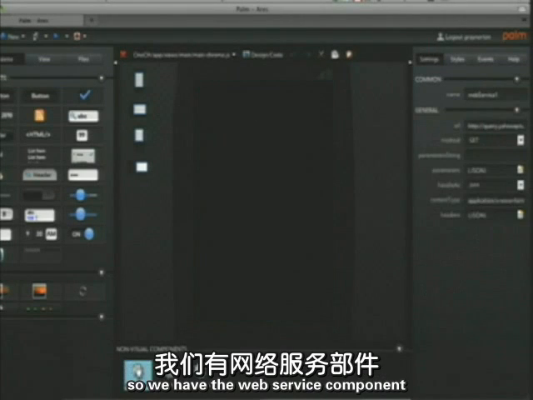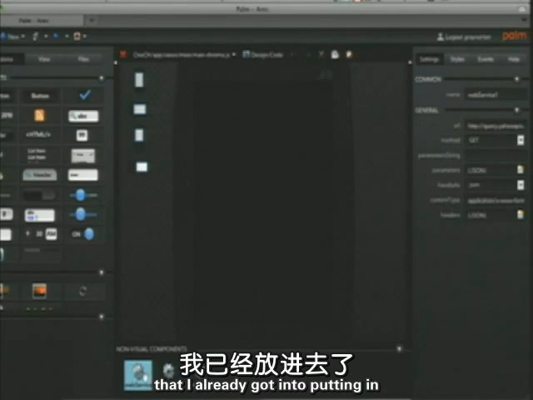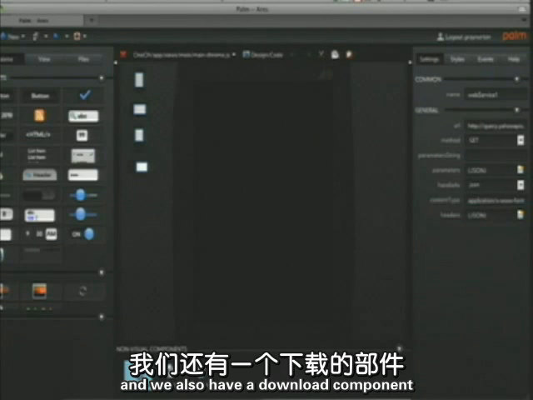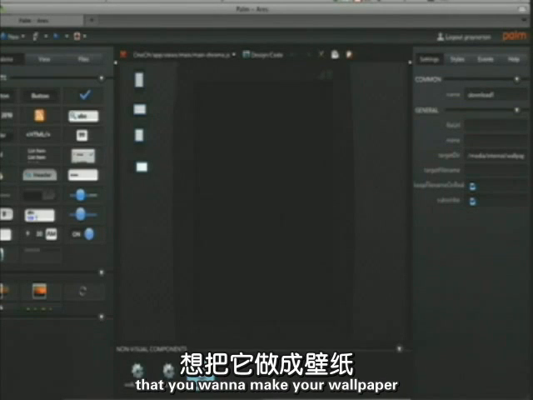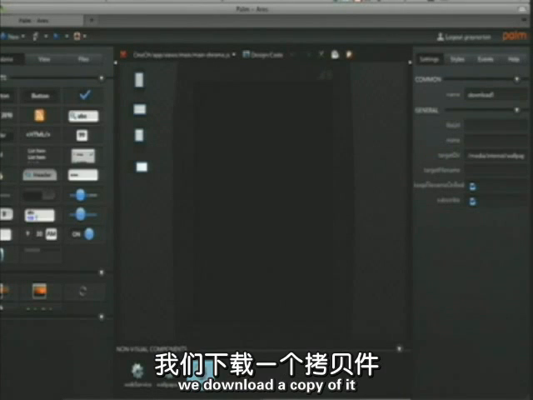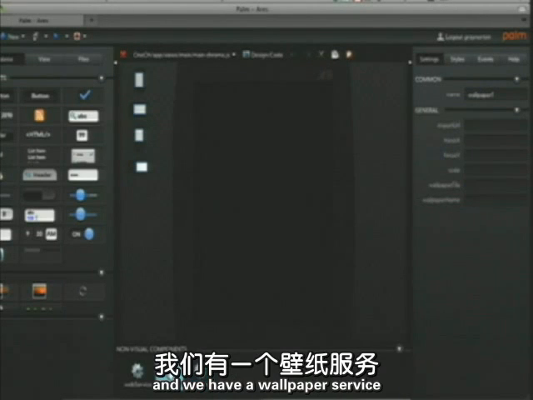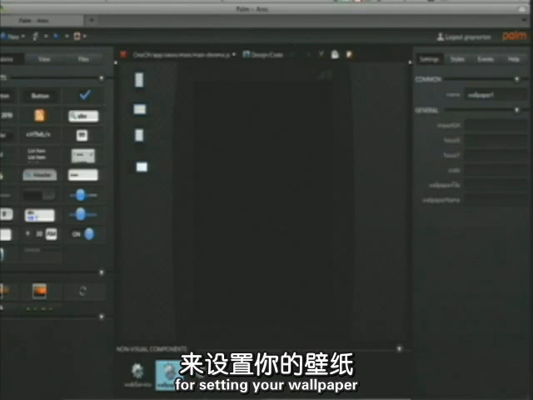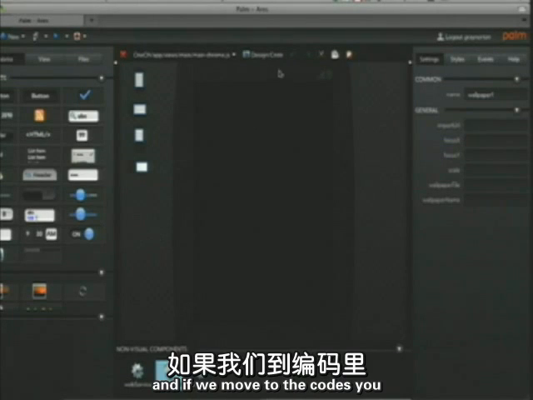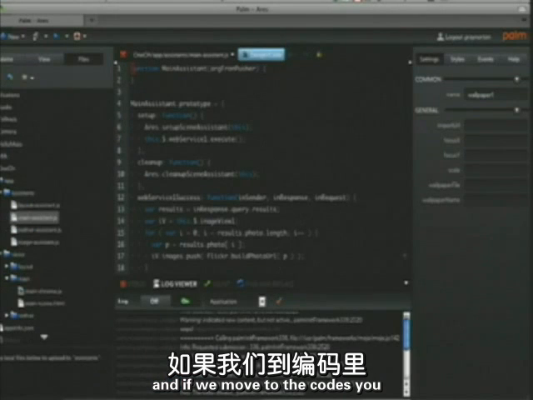So we have the web service component that I had already gotten to putting in. We also have a download component, because once you select an image that you want to make your wallpaper, we re-download a copy of it, and then we have a wallpaper service which basically connects to the device service for setting your wallpaper. And if we move to the code view,